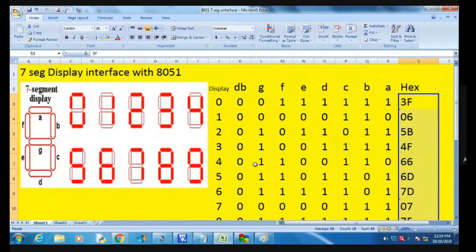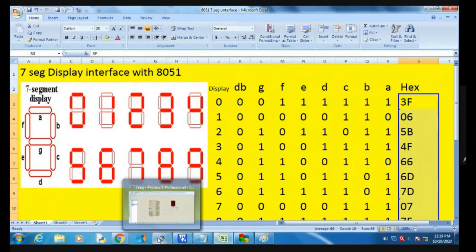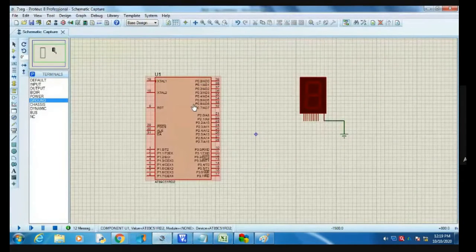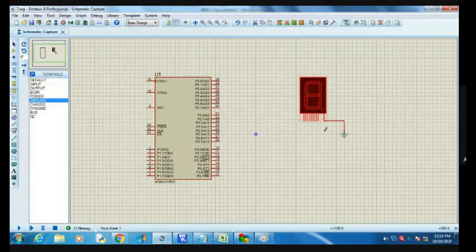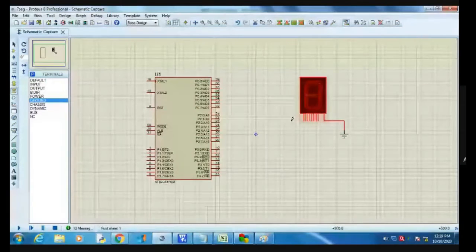Now we are going to interface this display to the 8051. So go to Proteus, take one LED, and we are going to interface this 7-segment display to port 1.